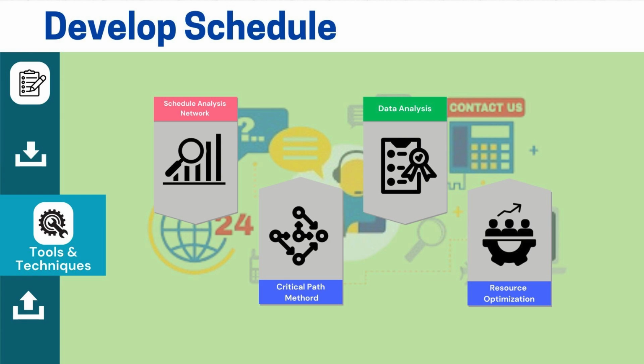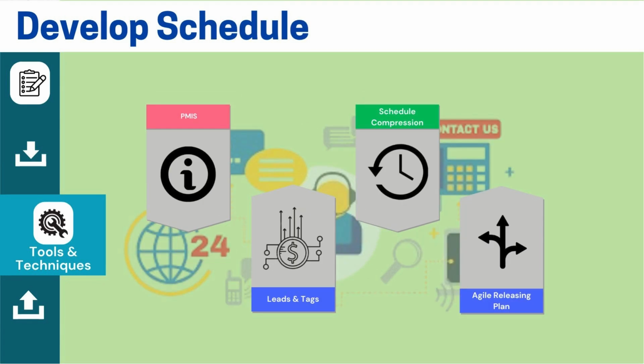The critical path is the sequence of tasks that must be completed on time, with no extra time or float available. These tasks must be done within the estimated time to complete the project on schedule. Understanding the critical path is essential because there can be multiple critical paths. Data analysis is another important technique. We also discussed resource optimization, how to use resources efficiently for maximum productivity.